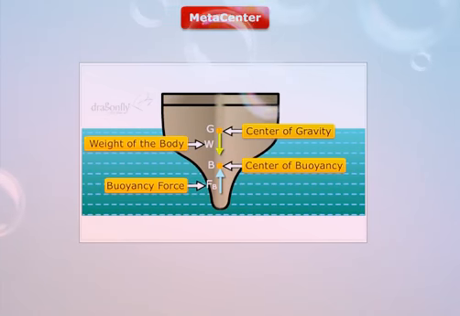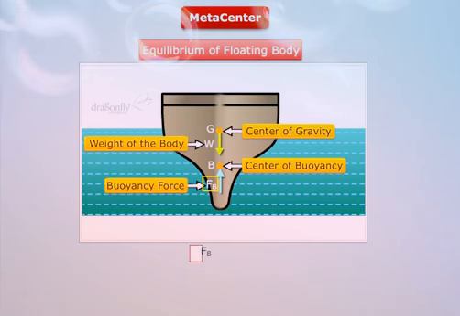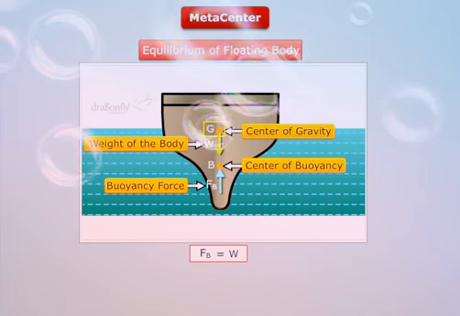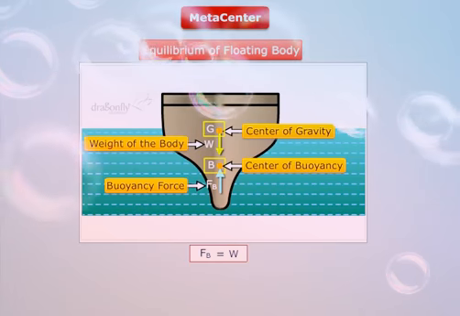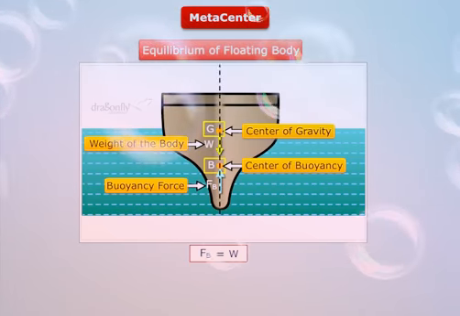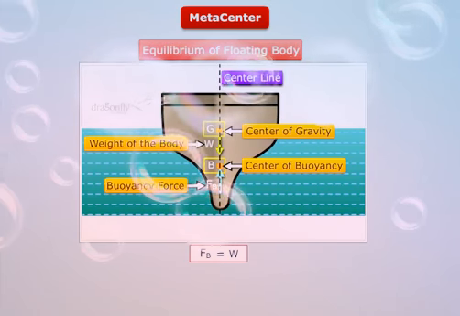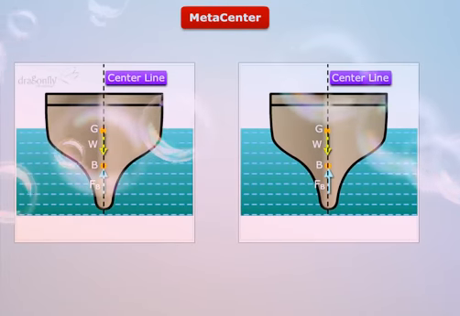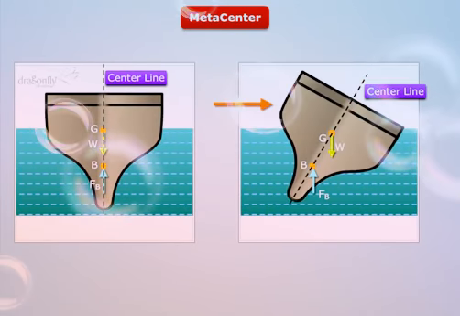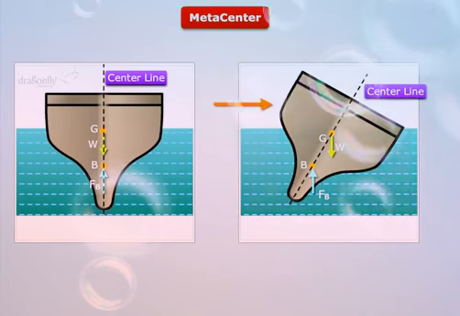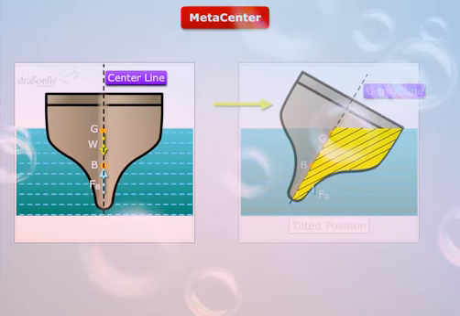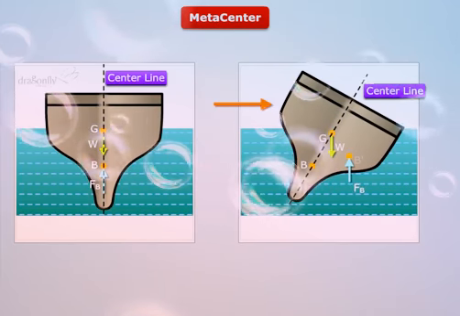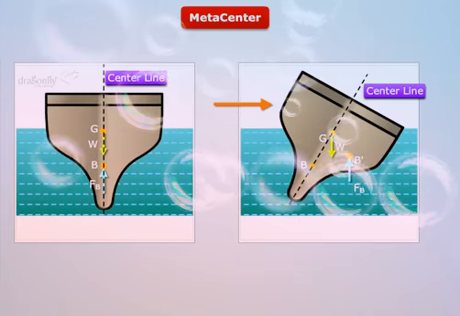Now, for a floating body to be in equilibrium, the buoyancy force should be equal to the weight of the body. Also, the center of gravity and the center of buoyancy should lie on the same vertical line, called the center line, BG. Now, if a body undergoes an angular displacement, say in the rightward direction, then we see that the volume displaced is larger in the right side. Thus, the center of buoyancy shifts towards the right from B to B'